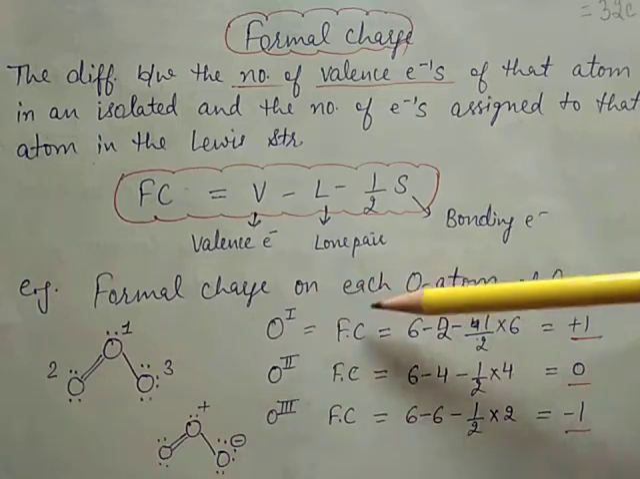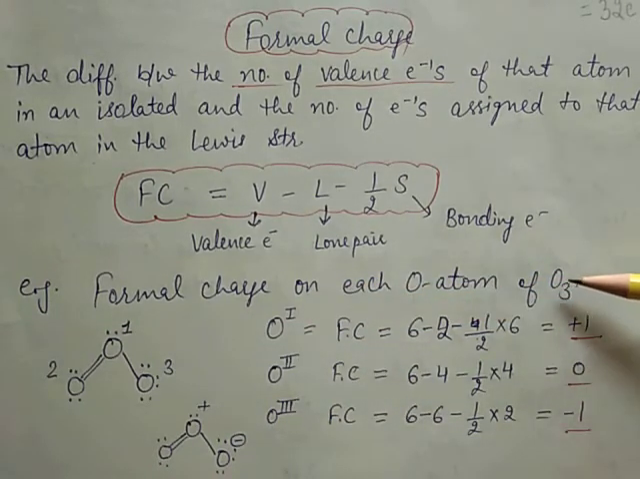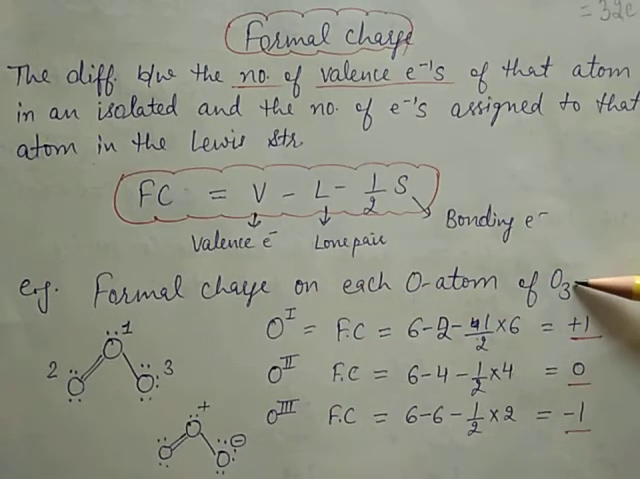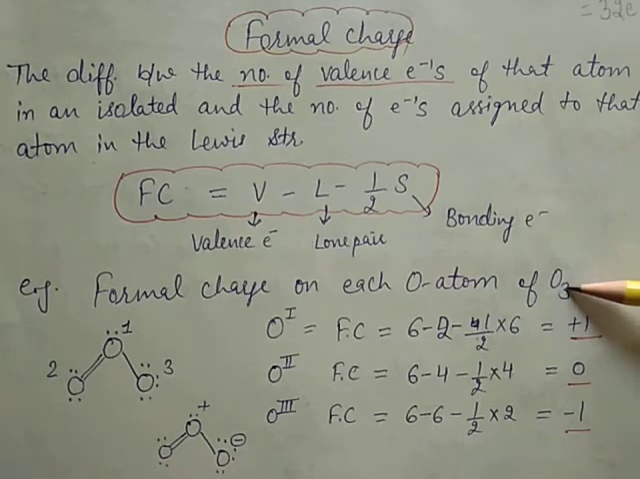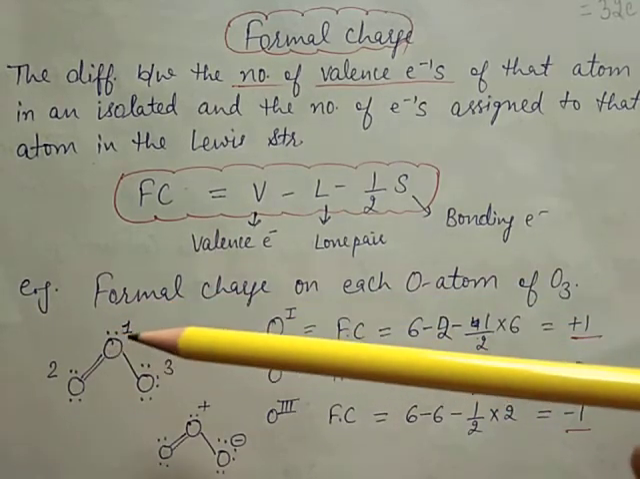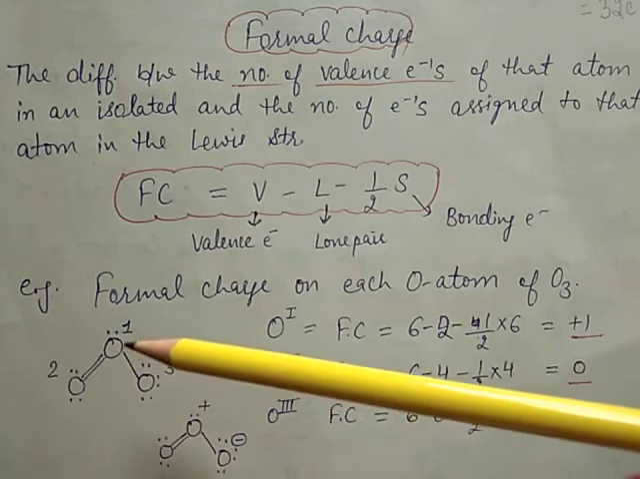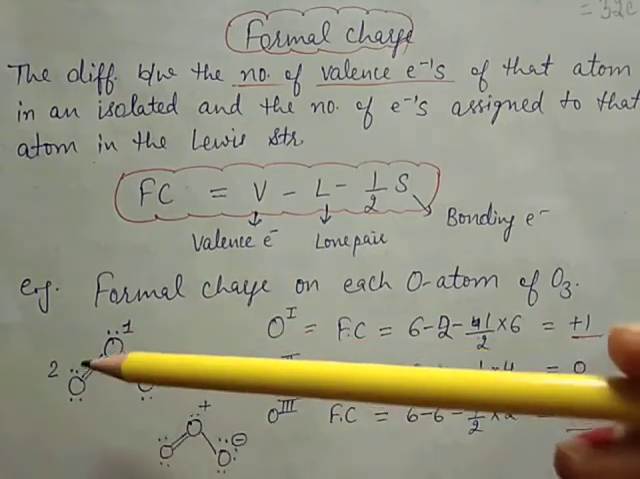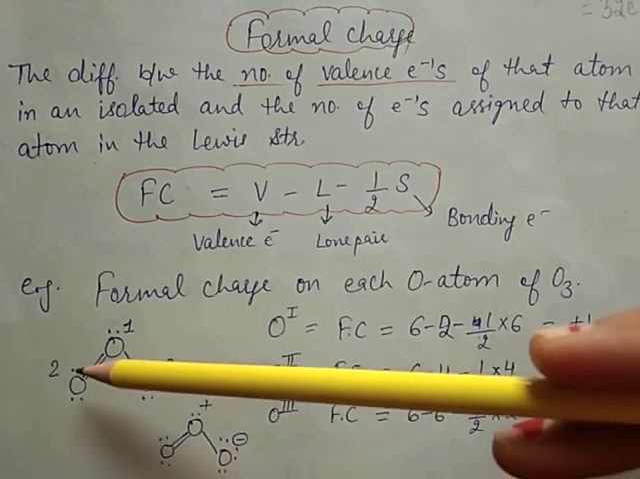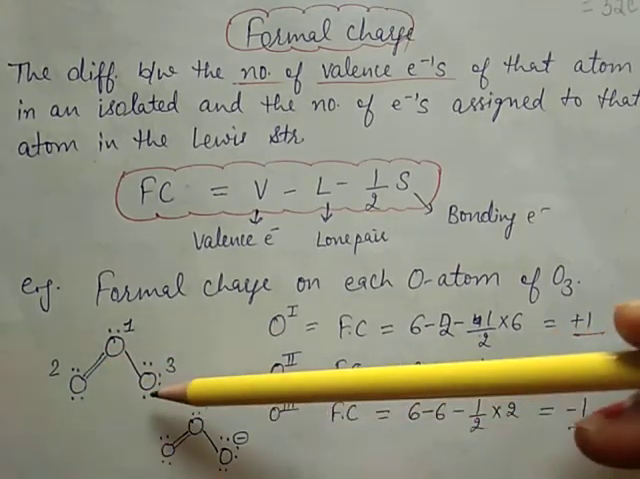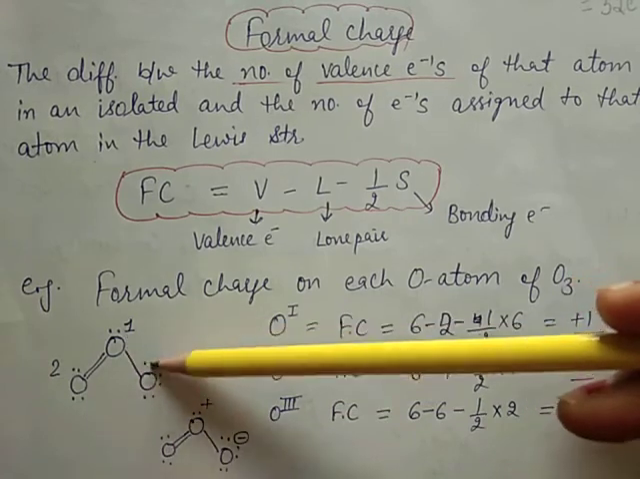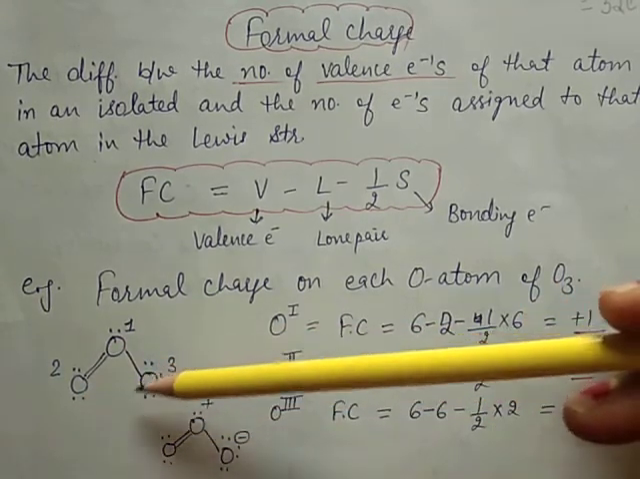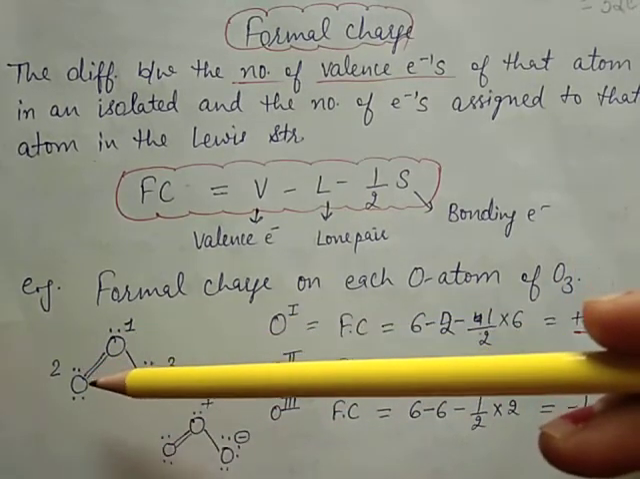Now, here we take the example of O3. The O3 molecule is an ozone molecule. This is the structure of ozone. In this structure, first of all, we write the valence electrons. Oxygen has 6 valence electrons. We have to write all of these having 6 valence electrons. After that, we have to complete the